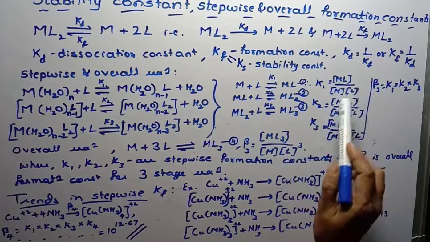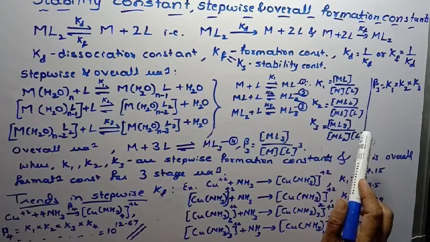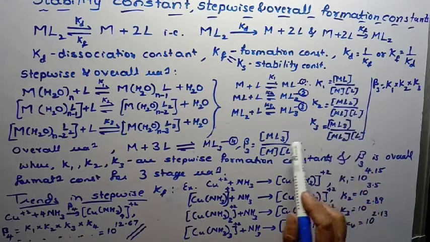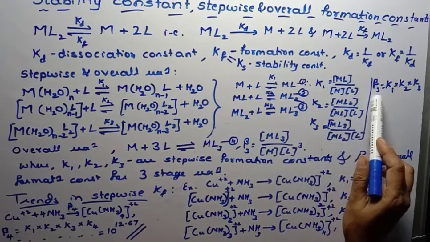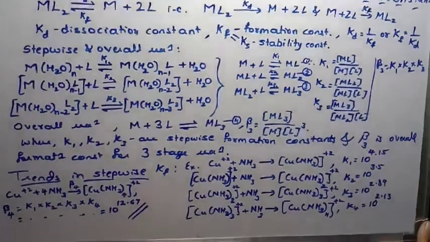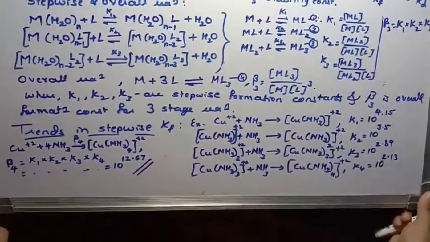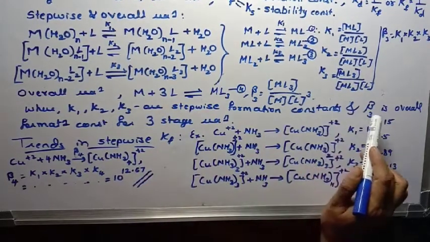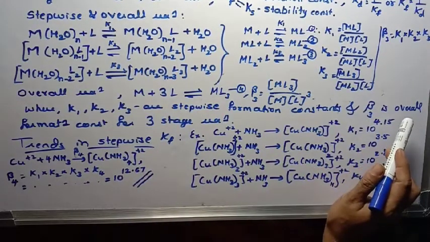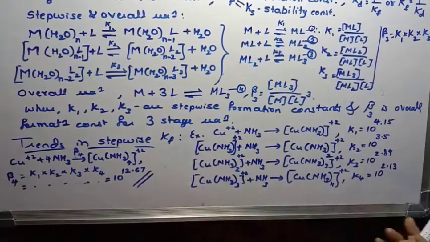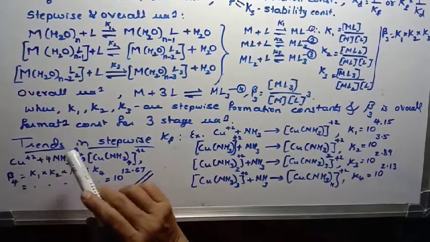Okay, so all the possible factors will be cancelled, and by multiplying this into this into this, you will get this one. That means beta 3 is equal to K1, K2, K3. Here the K1, K2, K3 are said to be stepwise formation constants, and beta 3 is said to be the overall formation constant for the three-stage reaction. Okay, now with this we'll move on to the next one, trends in stepwise